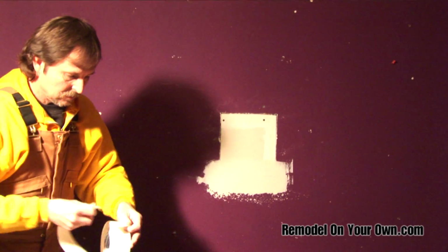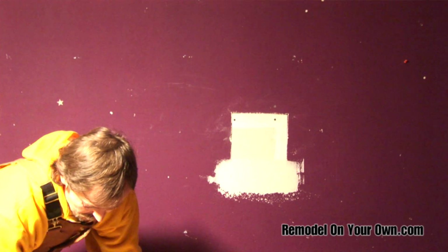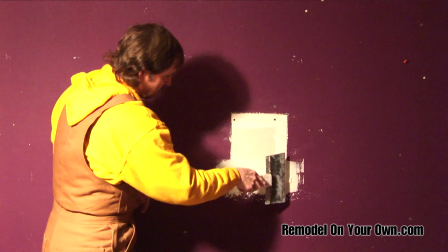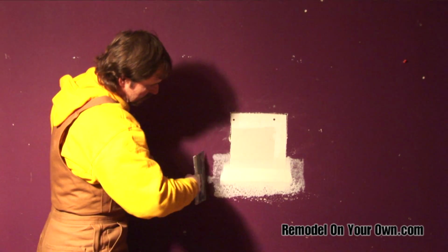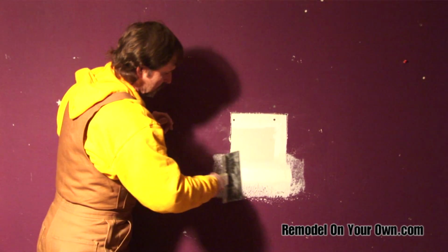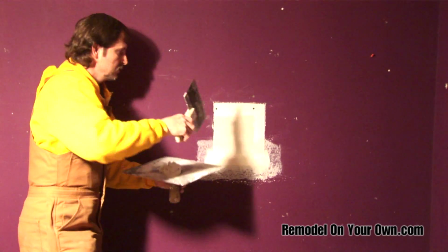So try and make sure you got plenty of mud underneath it. Okay. Put your tape centered over the crack and work it both directions. Get all the mud out you can, because when you recoat, the flatter it is, the better it'll recoat. Okay. Now we'll do